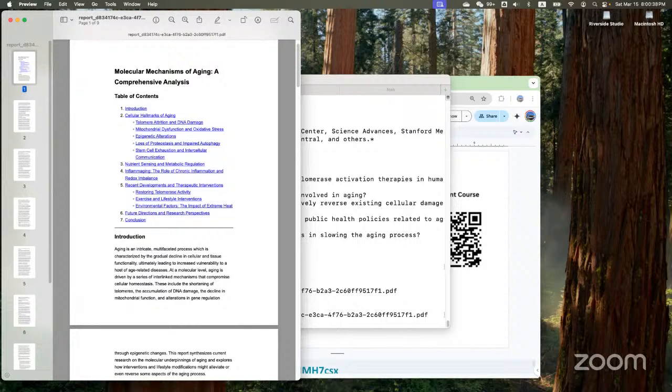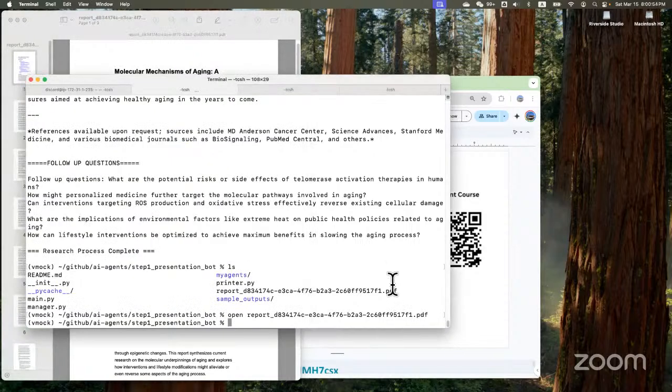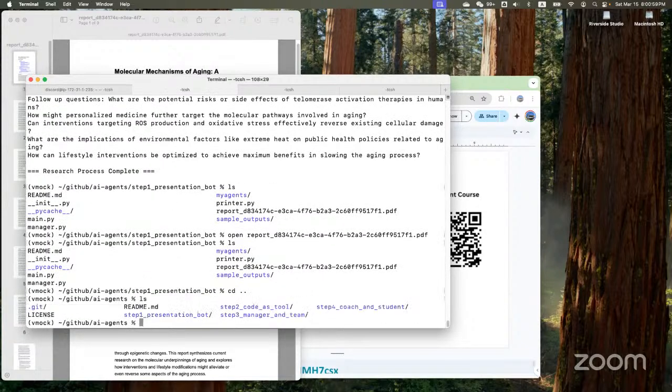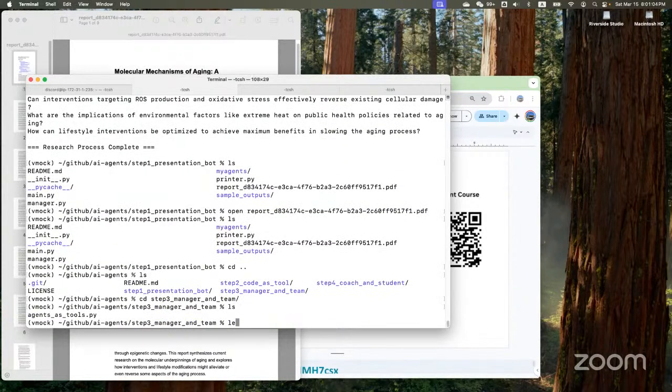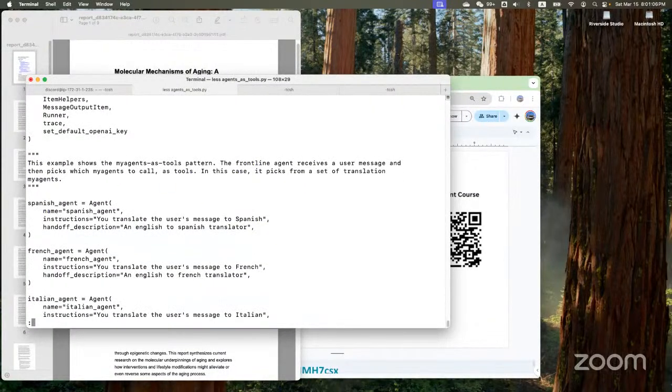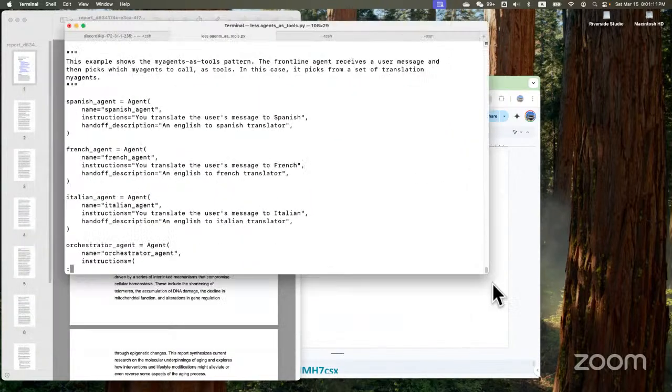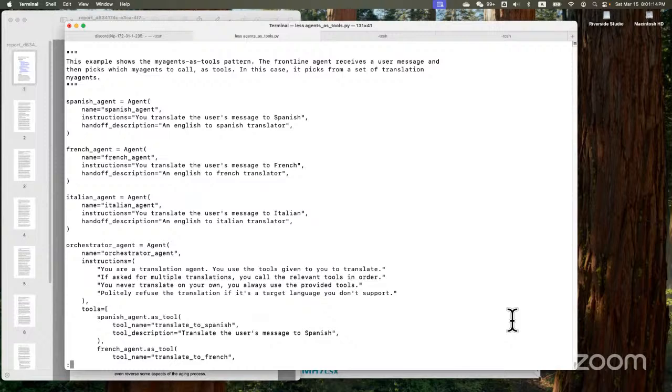And then Dr. Y asked, in the code of your manager and team example, do you call the manager and use an if condition to decide which agent to use, or does the manager call AI to decide which agent to use? Yes, the manager calls AI to decide which agent to use. In the code, there's actually no if statement. Agent as tool. So you can see in the code, maybe the font is kind of small. Let's make it bigger.